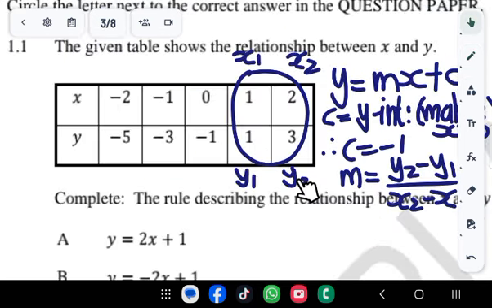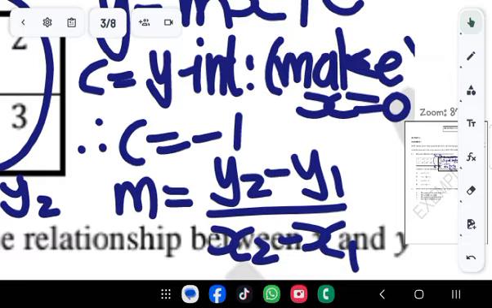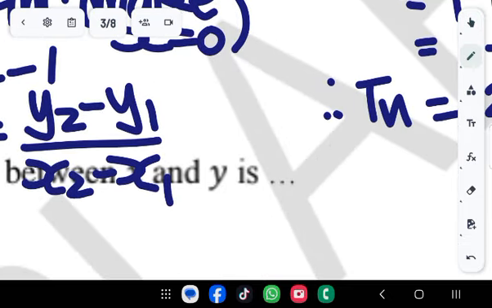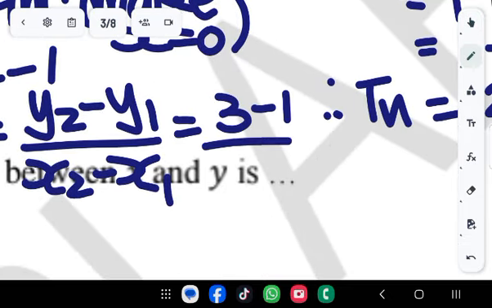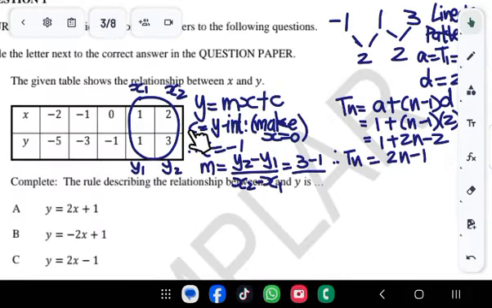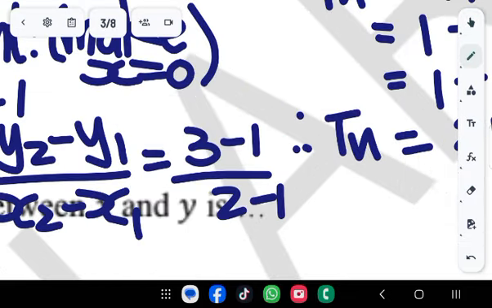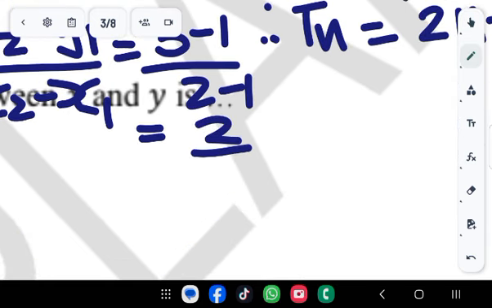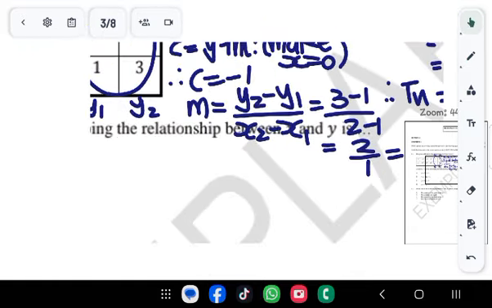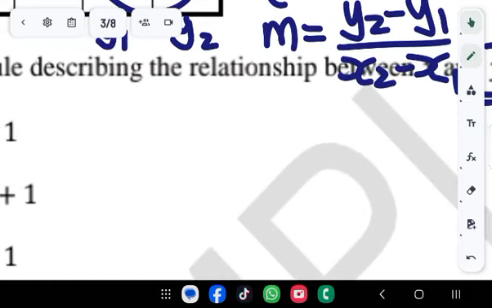So we go y2 minus y1, so that will be 3 minus 1, over x2 minus x1, so that will be 2 minus 1. Which is equal to 3 minus 1, that is 2, and then 2 minus 1 is 1. So the gradient is 2, meaning that therefore the equation is